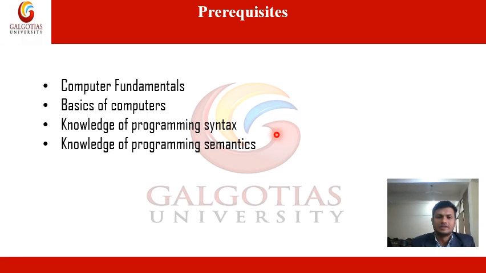One more thing about syntax is that it is a format. Suppose we are declaring two variables, so there should be a comma in between the two variables. After an execution statement, there should be a semicolon. There should not be a semicolon after controlling statements like loops, and after the definition of a function there will be no semicolon. These types of things are called the syntax of the programming language.